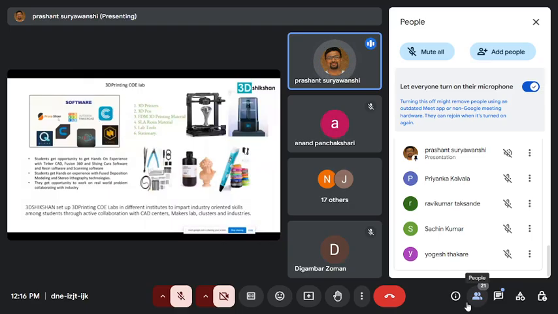Then there is Tinkercad and Prusa Slicer, so you know these, right? These toolkits and machines are enough for academia as of now, because the remaining machines need a closed environment, and resins like these are not easy for students to handle.